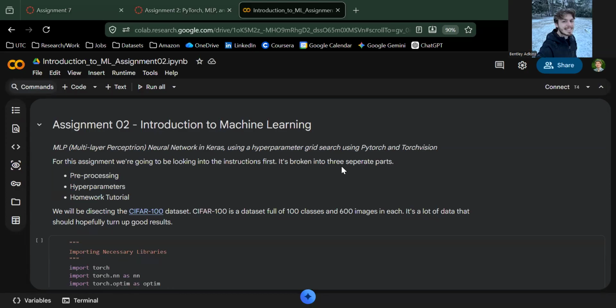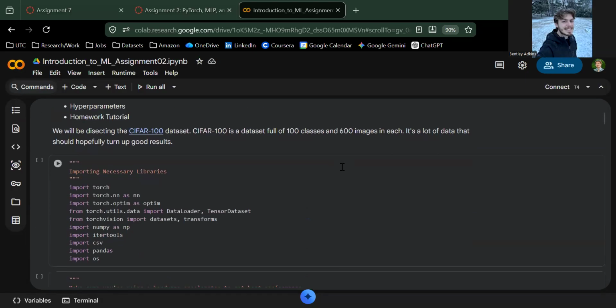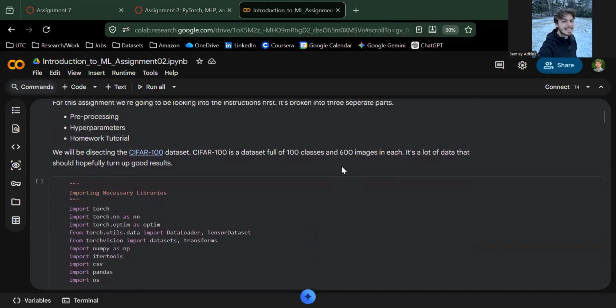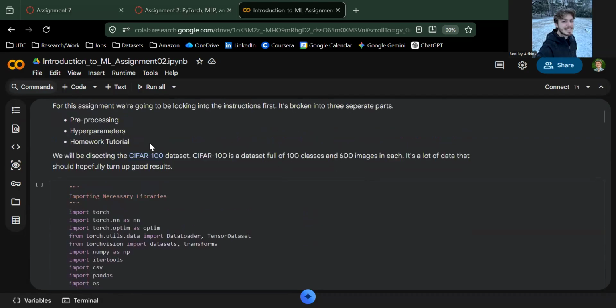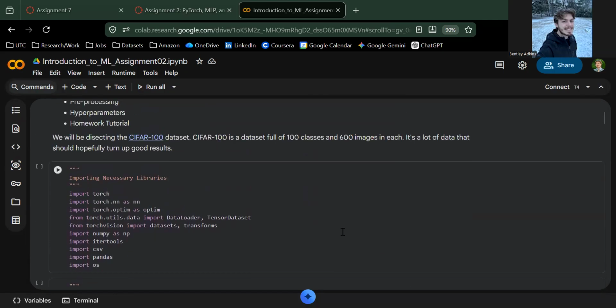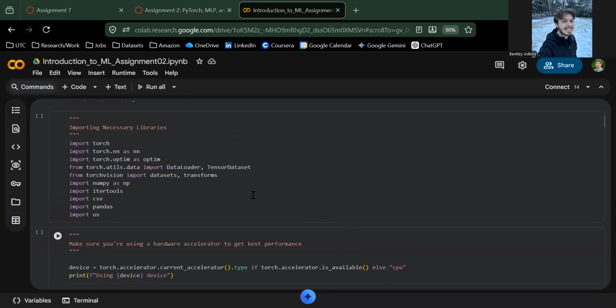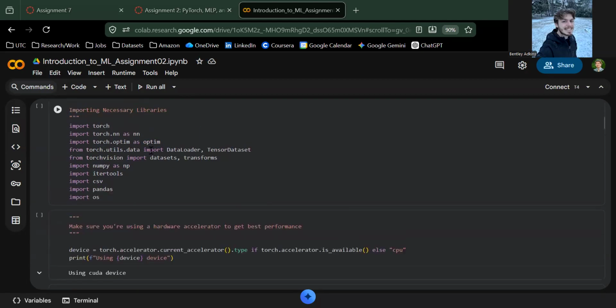I'm submitting my YouTube video for Assignment 2 for Introduction to Machine Learning, using the MLP with hyperparameter grid search using PyTorch and Torchvision. So we have pre-processing and then the hyperparameters, and we don't need to worry about the homework tutorial. It's pretty much coming from the homework tutorial, to be honest, with some changes to match the assignment instructions. So we imported all of the libraries here